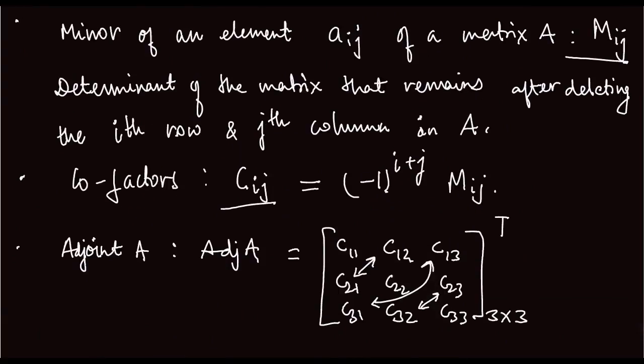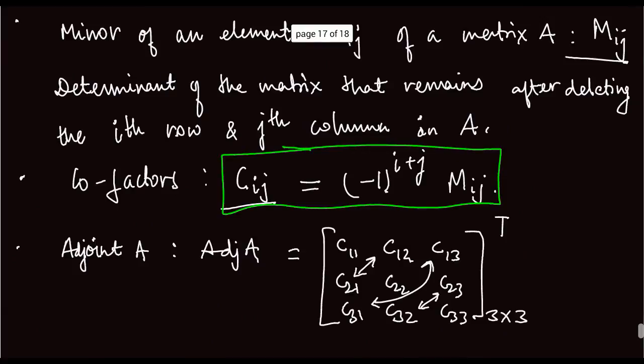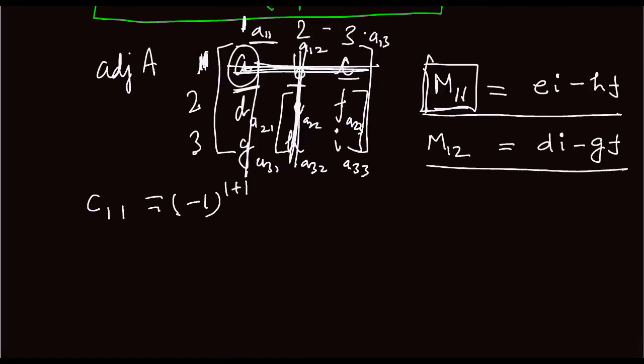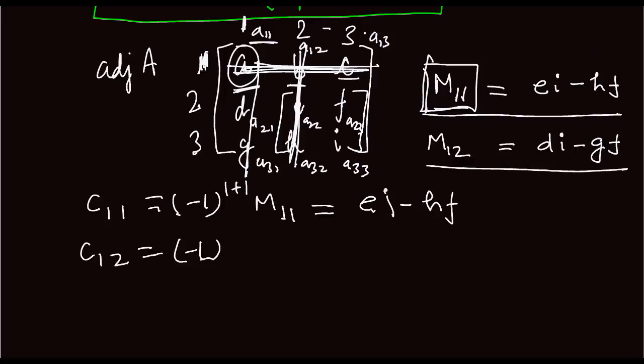Cij is, you can see this formula: Cij is (-1) to the power (i+j) Mij. So when we move down, C11 will be equal to (-1) to the power (1+1) M11, that is the same as M11, so ei minus hf. But C12, you can see the change here: (-1) to the power (1+2) M12,